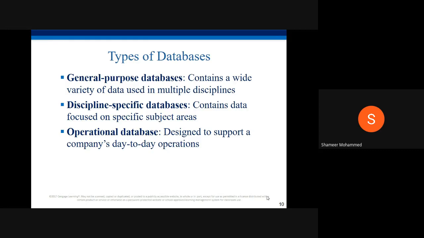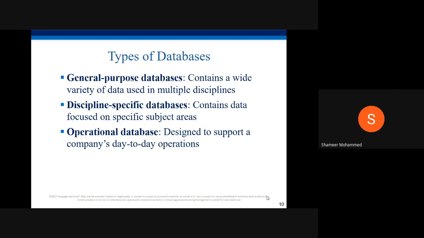There are multiple disciplines. So these are called general purpose databases. Second, another type is discipline specific databases. Discipline means you are going to use it for a specific purpose.